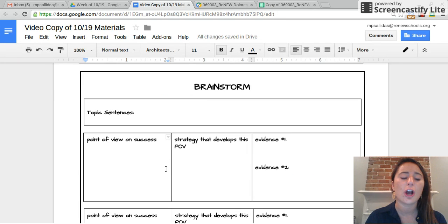Everyone should do this on the ELA website. It is a link to the text of Steve Jobs' speech. You can go through that right now to annotate to find his point of view. Jot down one point of view right here.